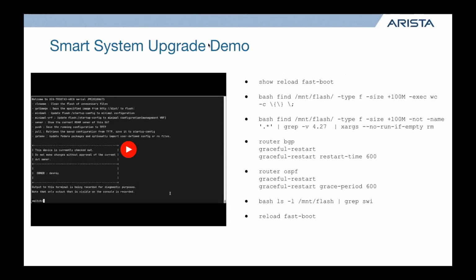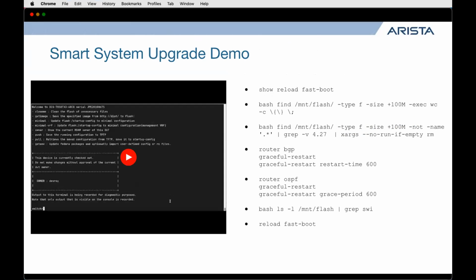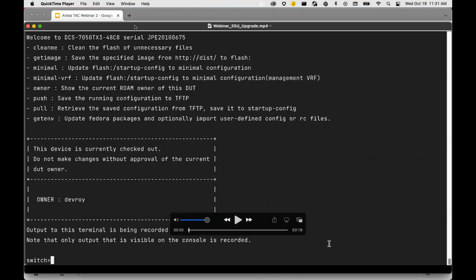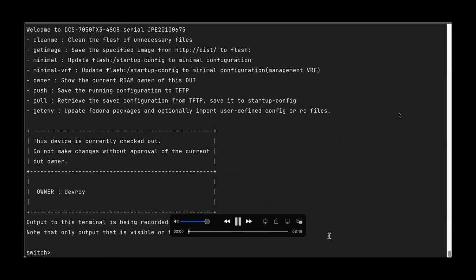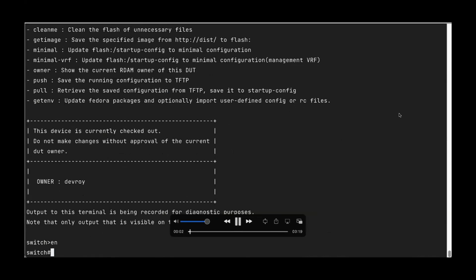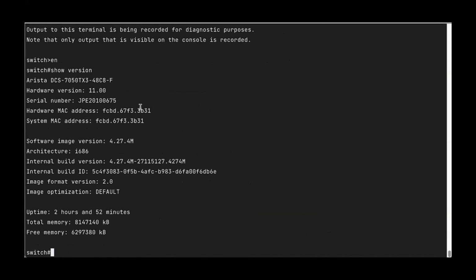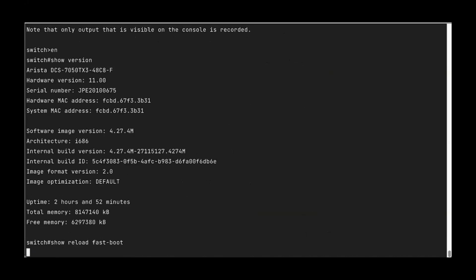Let me pull this up. So this is going to be the same switch we were just on, but I did keep our software, the 4.27.6M, on flash, just to cut out that step. So 7050 TX3 running 4.27.4M. First thing I check is our show reload fastboot.